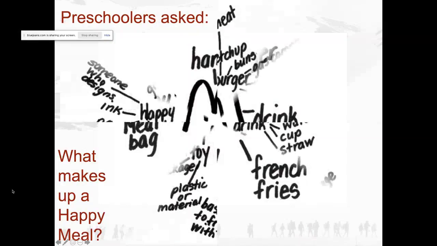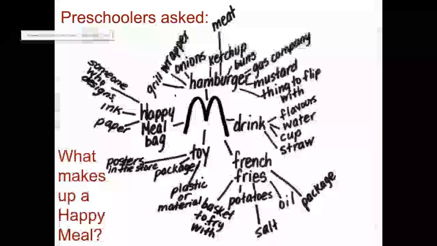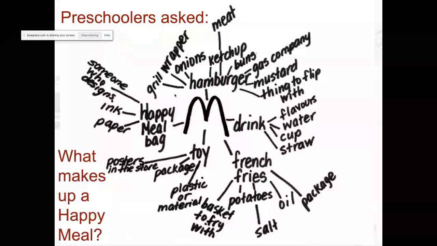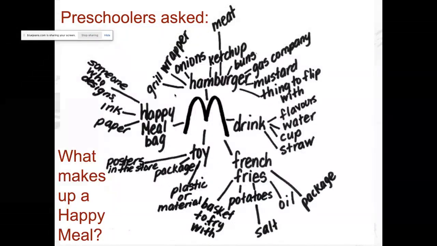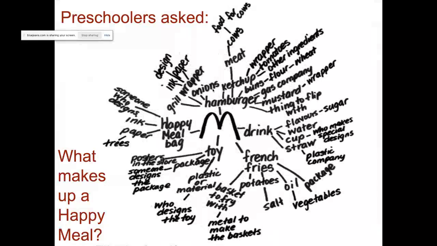And so with the students, they began building this web, deconstructing something that for the kids had been so natural. They thought, well, a Happy Meal is just what it is. There's no parts to it. And they started breaking it down. A drink has flavors and water in a cup. The teacher obviously guided the kids through this, but through an inquiry process where she was asking them, what's in this? What do you think? What's part of a hamburger? What did you see in there? And they continued to deconstruct and create this huge web.